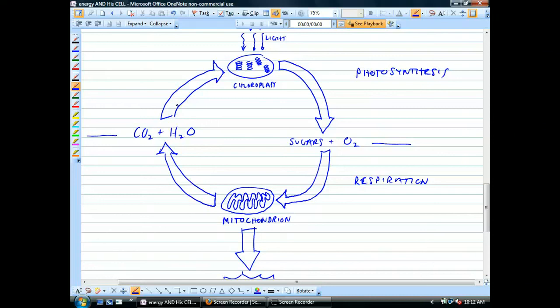Any questions? Photosynthesis has ATP too, right? Yes. They all have everything. What we're going to do next, and not this time, is look at what's happening inside of the chloroplast and inside the mitochondria. We're going to see that ATP plays a role in both. Okay? But for now,